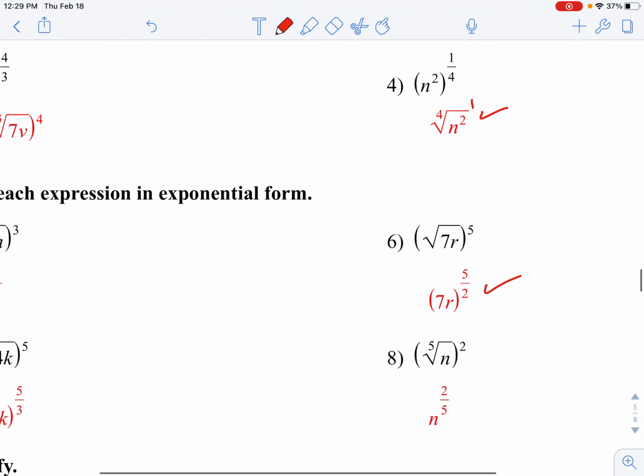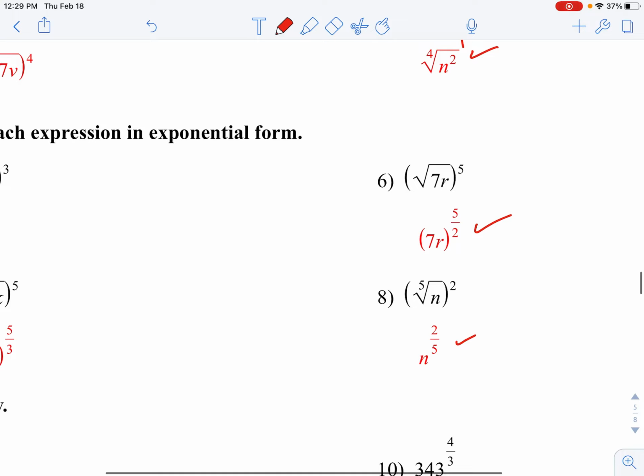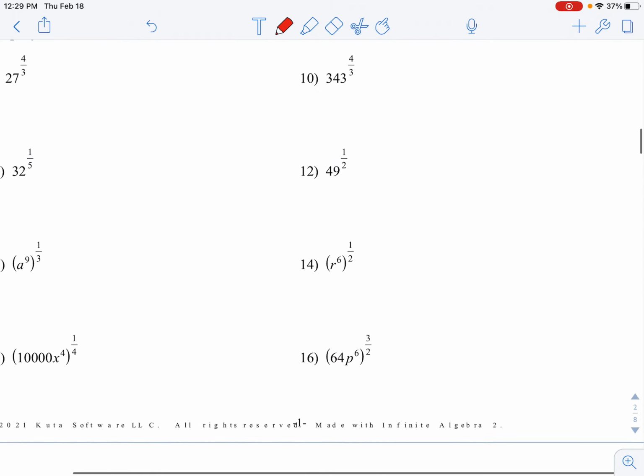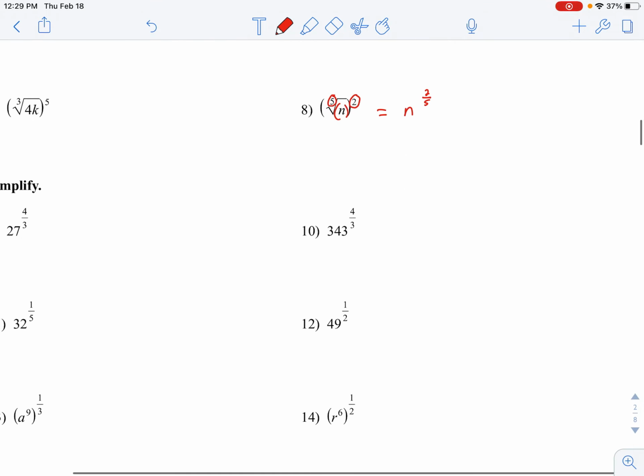N to the 2/5 power, and there it is. See, these go kind of fast. Not a lot of working out and solving and simplifying and calculating, nothing like that. Okay,